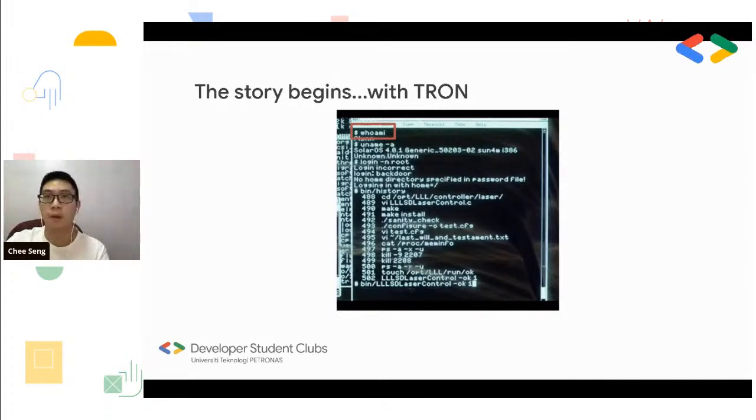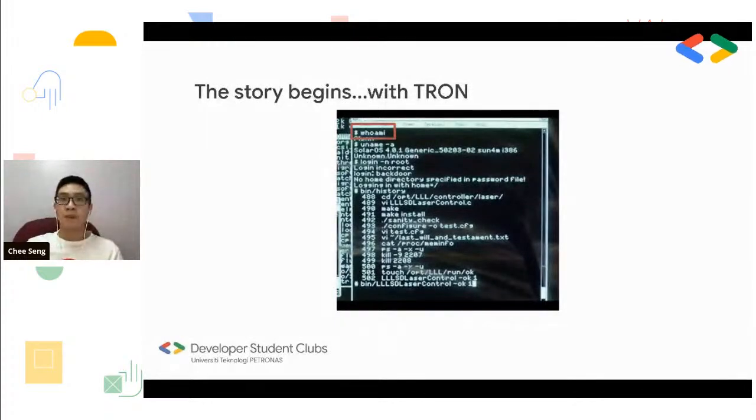So for a 12-year-old Chee Seng, it's really, really exciting to me. It's like, wow, okay, you can do that. I thought it was AI, but it's just some simple command line. But for me, it's very fascinating, and that is how I actually started computer programming. So I actually started computer programming first before I jumped into design, as you might know now.